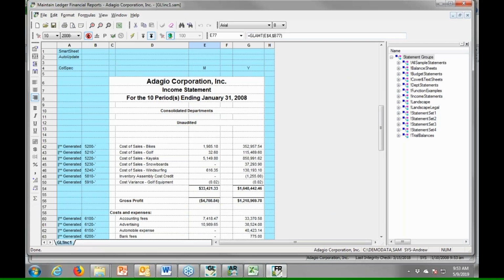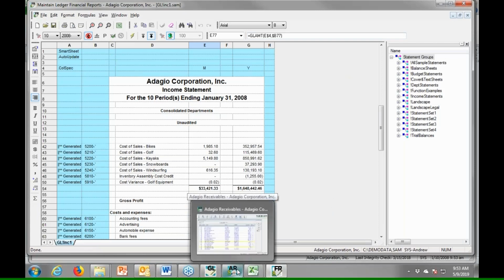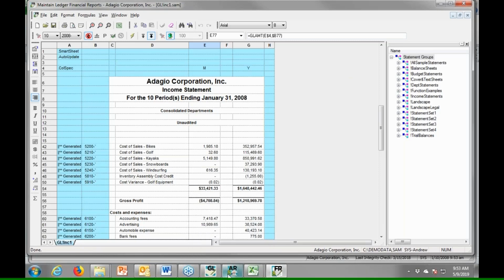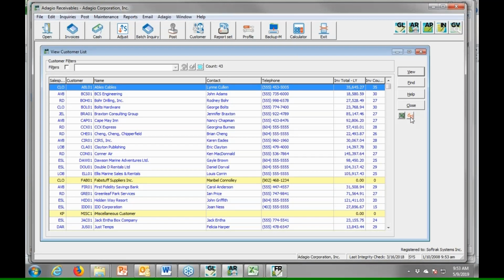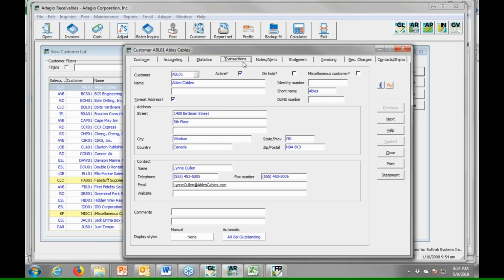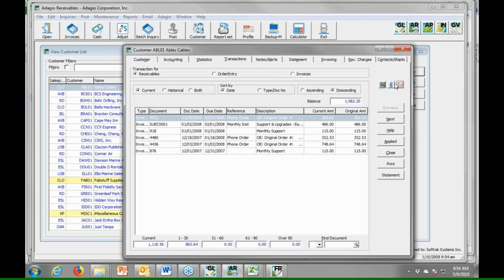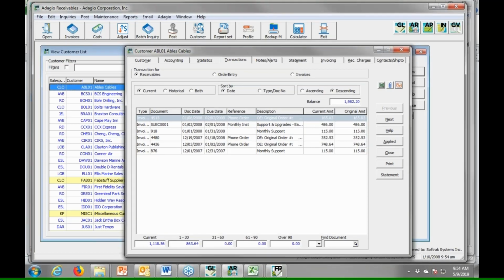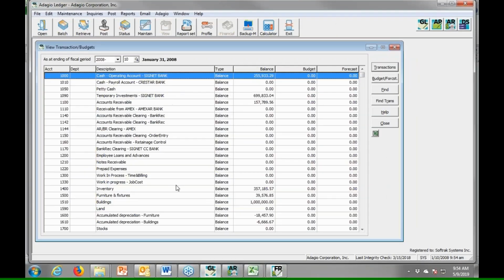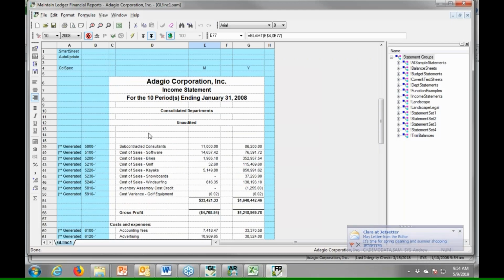Now, you may have noticed that in the accounts receivable here, there's a little button with spectacles. Someone asked why we had handcuffs on here, but spectacles, which allows me to attach documents to a customer or to particular transactions. I can see the invoices that we've generated for a customer, or if there's been a cash receipt, I can see the scanned image of the check, and all of the invoices that the check was applied to. And those attached documents make their way all the way down to the general ledger,